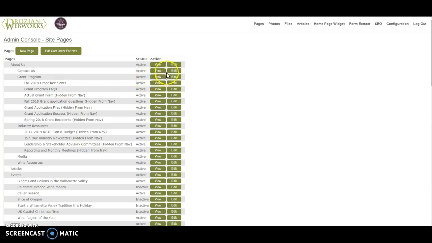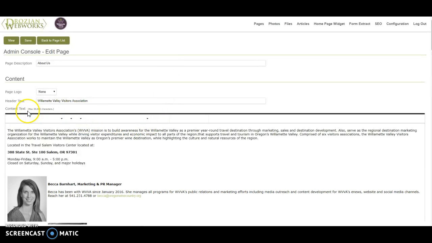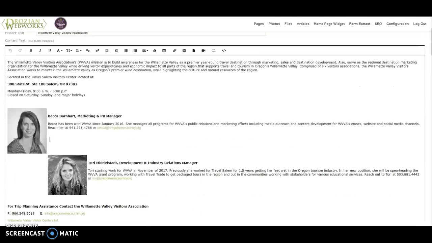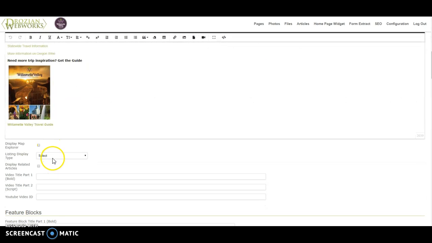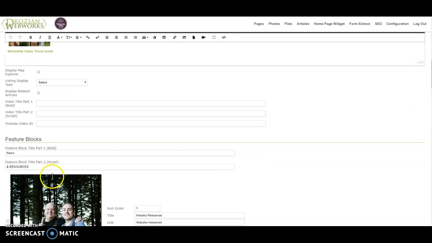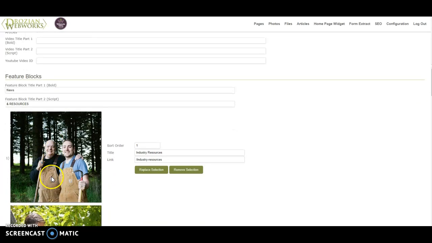So the content goes in one place, the featured images and content goes in another place. So you have this, here's where the content goes. Here's where the map goes. Here's where the video goes. Here's where this goes. And it's more kind of like a set structure where you can pick and choose which